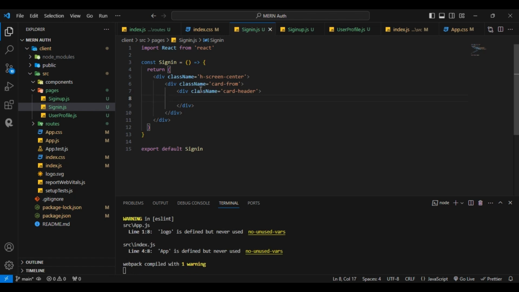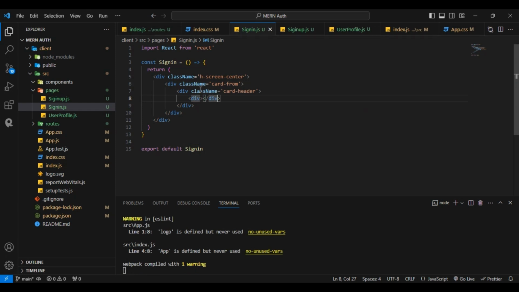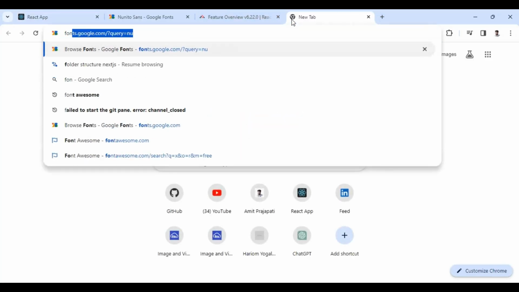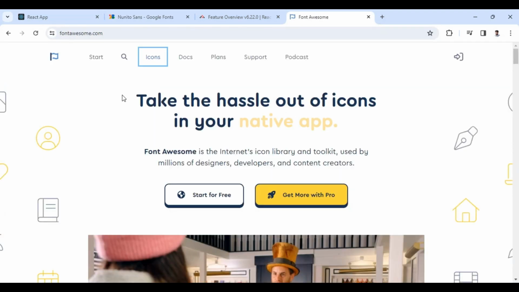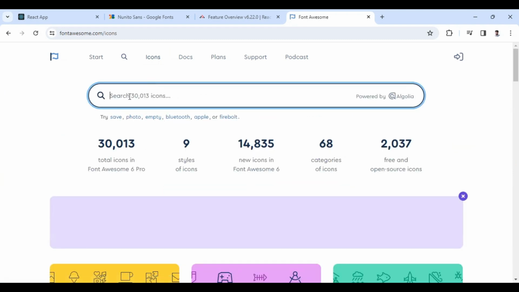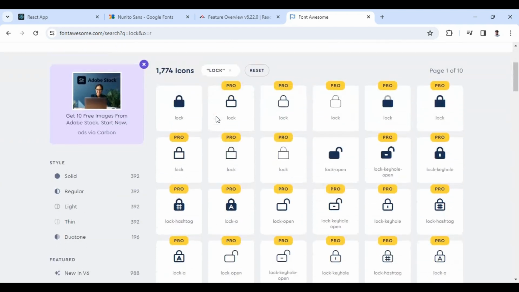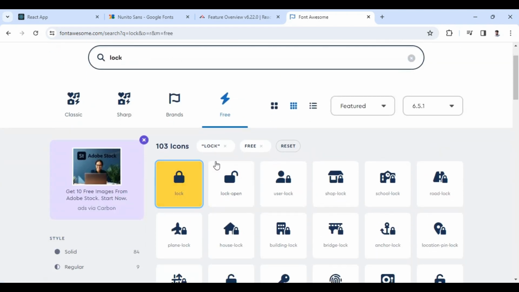And here I will display one icon, which is for auth. I mean I want to display some emoji, let's say, or we can display some icon also. For that, go to the Font Awesome website, and in the icon section choose lock, the free version. After that, click on this lock here,